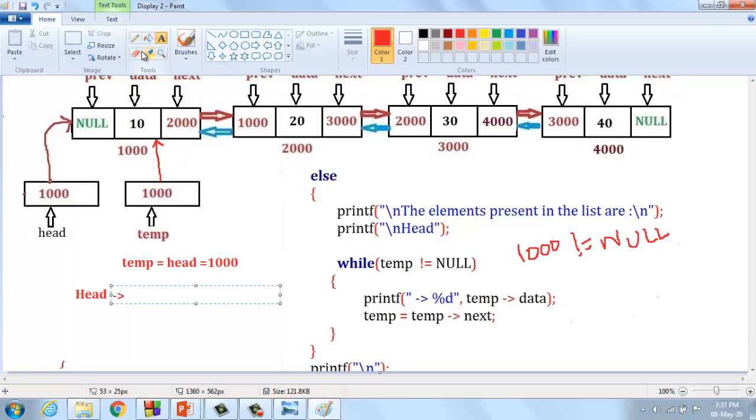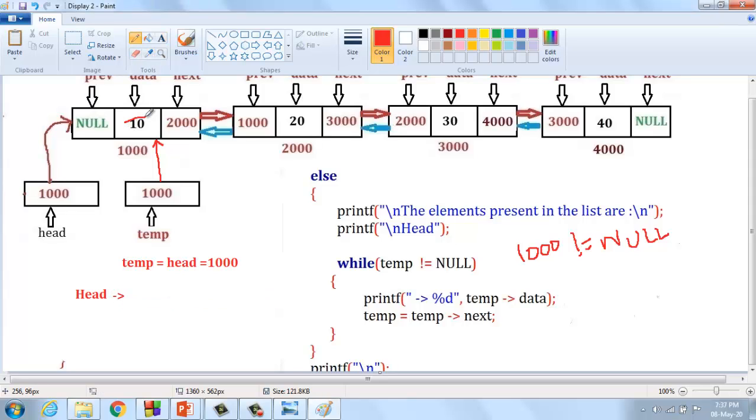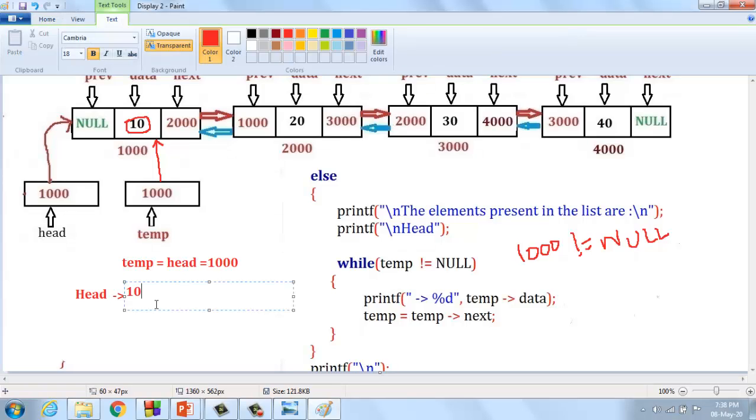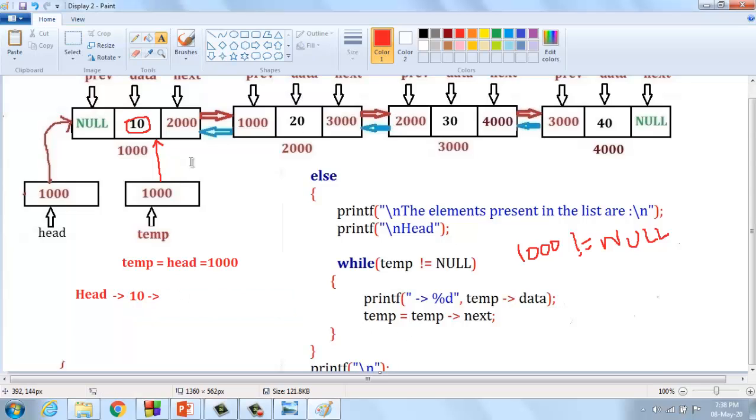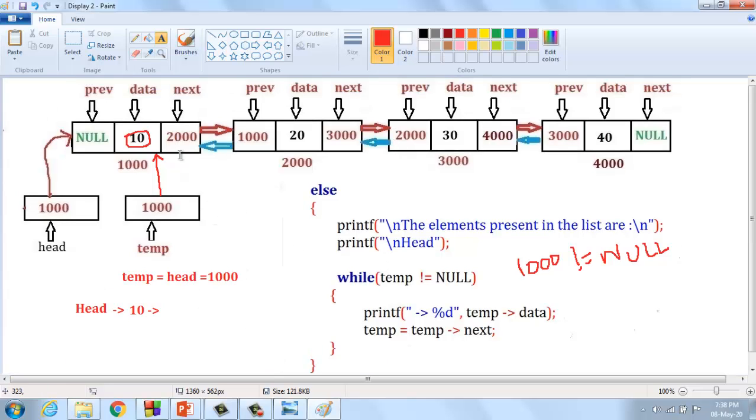They are going to print what temp of data is, that is 10. Here they print 10.